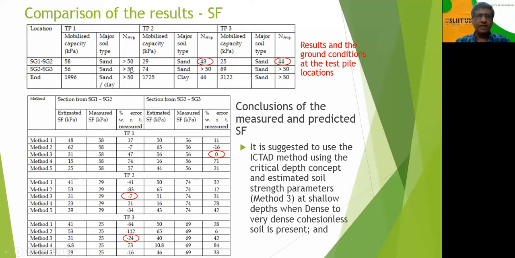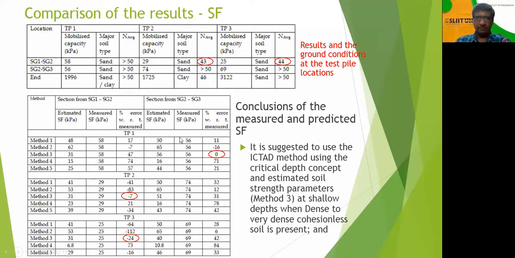between strain gauge 2 and 3, the SPT N value is more than 50. So that is also giving the error 0. But that may be a coincidence. We think that because in the other case, for strain gauge 1 and 2, it is giving a higher error. So therefore, what we are saying is we are speculating here that if you consider the dense